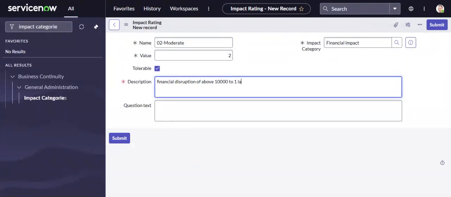So I'm making it moderate, as 2, and value as 2. It's also tolerable, so I'm checking it. Financial disruption of above 10,000 to 1